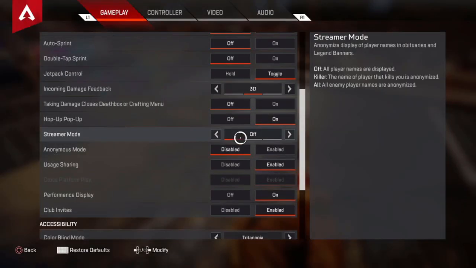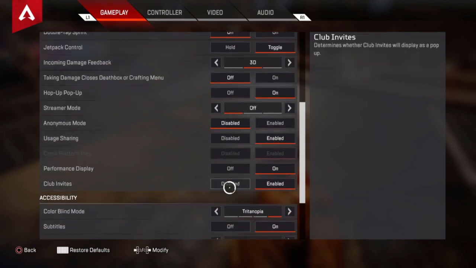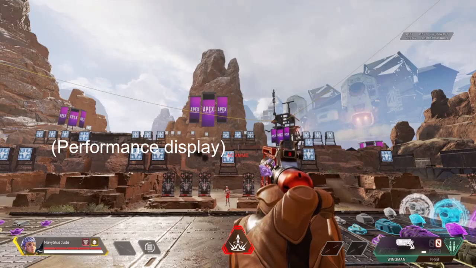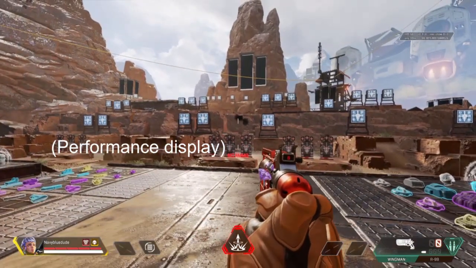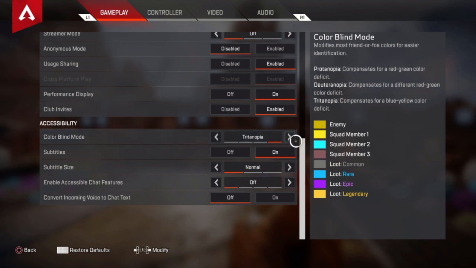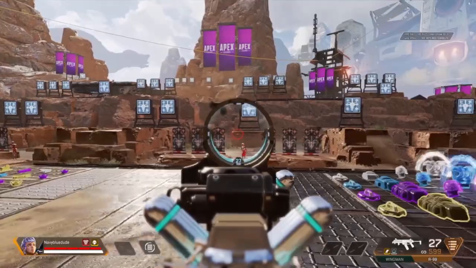Hop up, pop up, no choice. Stream mode, doesn't matter. I keep this on so I can see if I'm lagging on the top right. Club invites, doesn't matter. Colorblind mode, I don't have it on default, as you can see, and the red dot